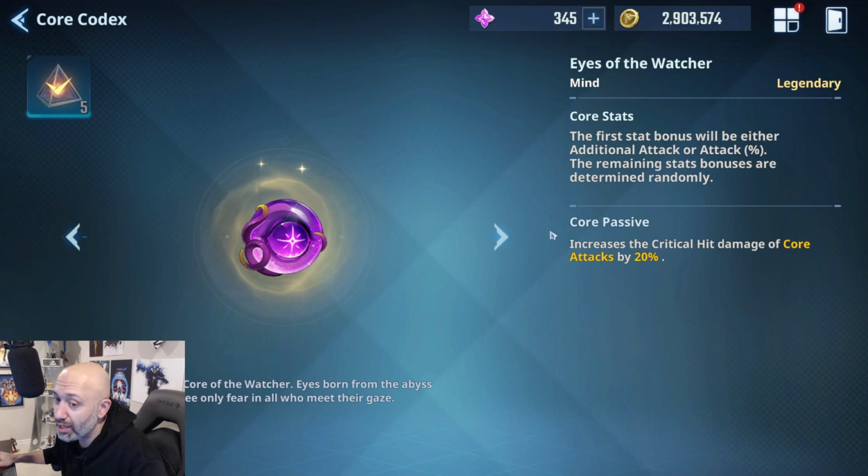If you're looking at anybody who has a core attack as their main source of damage, then this here is a no-brainer, right? This is actually one of the best brand new cores out and heavily plays in favor of those units. So the best way to look at this one is that the critical damage by core attack by 20% is a much better option for these units,